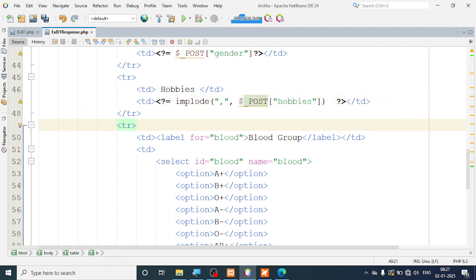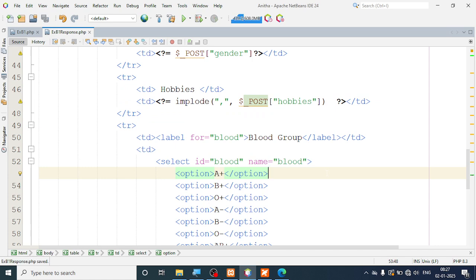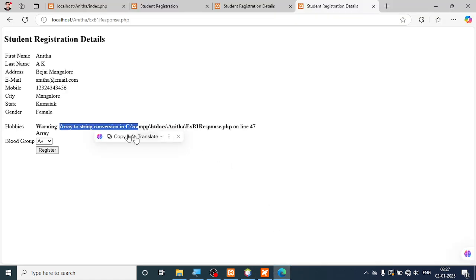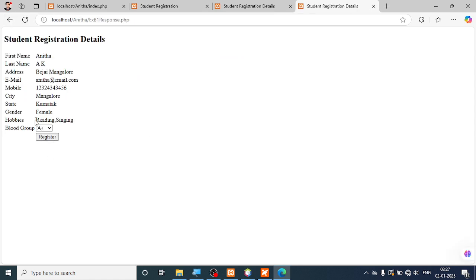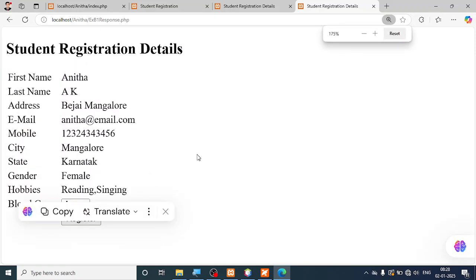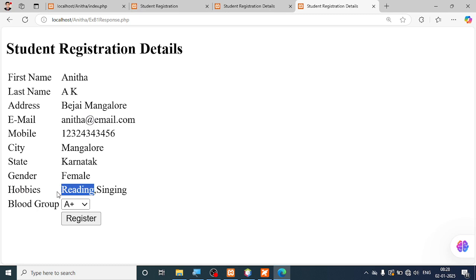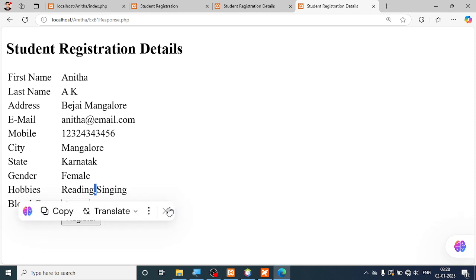You don't have to put the square bracket here. It's not required. It is an array. Let's assume that it is an array. So let me save it and let me try one more time. Let me go back and submit it. So now you see reading one text. Let me slightly zoom in for you. So reading one text, comma, you notice that this comma is there, comma, then